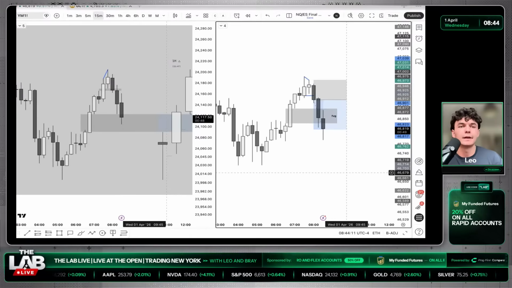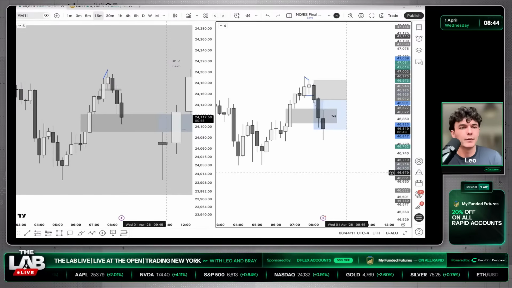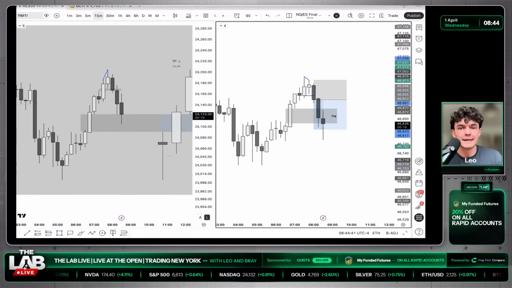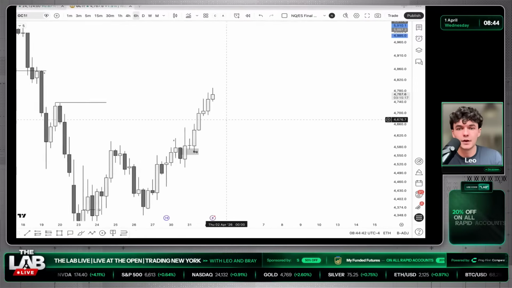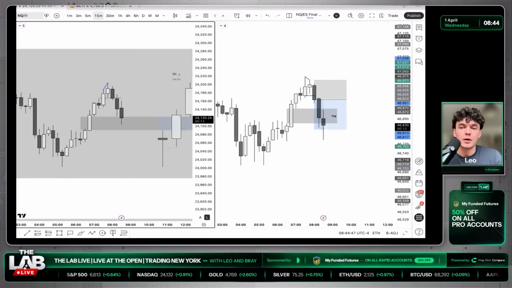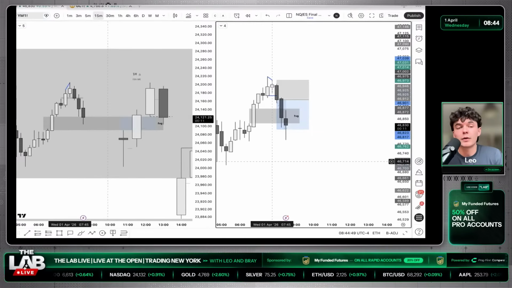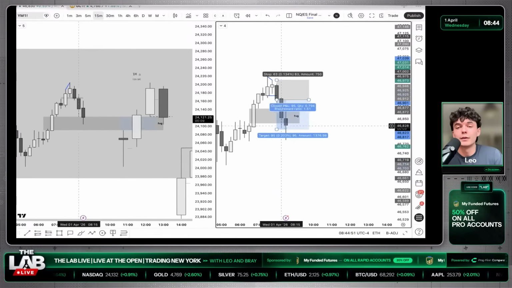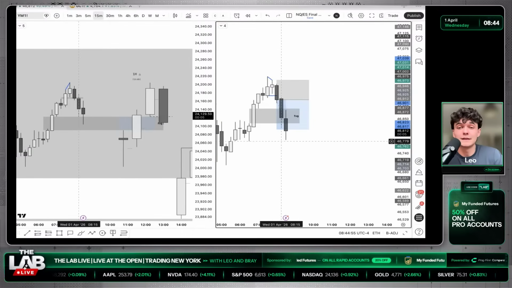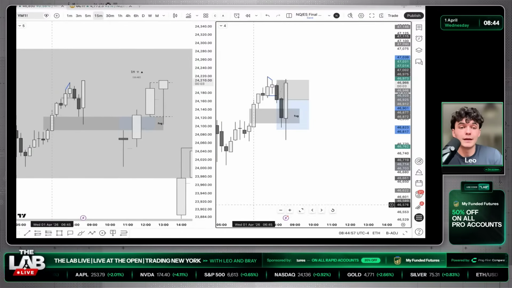Still cannot trade. I don't know what's happening with the trade of 8 prop side of things here. I don't work the back end, so I do apologize, but I'm not sure what is happening. So yeah, guys, sitting on the hands right now, honestly, no regrets on missing the YM short, although it did look pretty clean considering this SMT that formed, and being in this higher time frame gap.